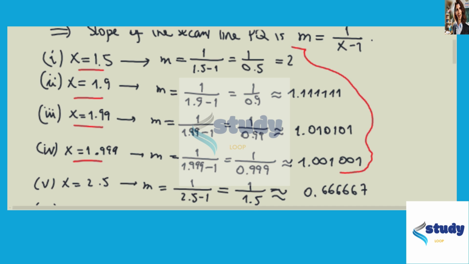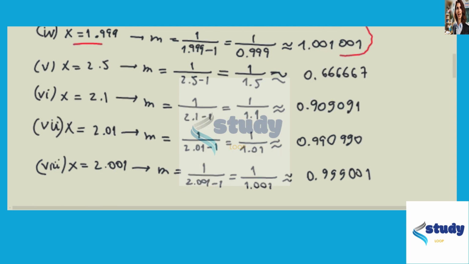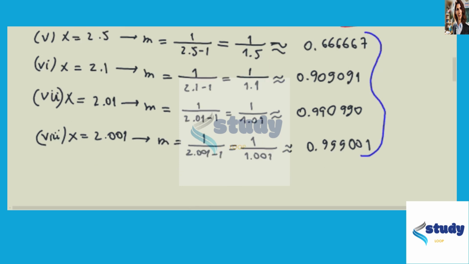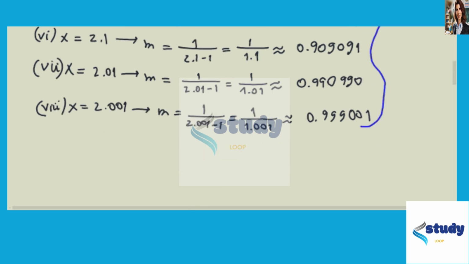Now the other part here is for x closer to 2 but from the right. For those values of x closer to 2 from the right, again, the values of the slope of the secant line PQ are closer to 1, but now from values less than 1. In both cases, the slope of the secant line PQ is getting closer and closer to 1. So in part B, we can say that